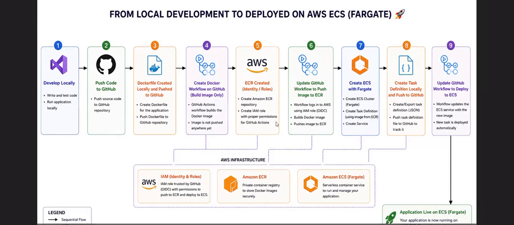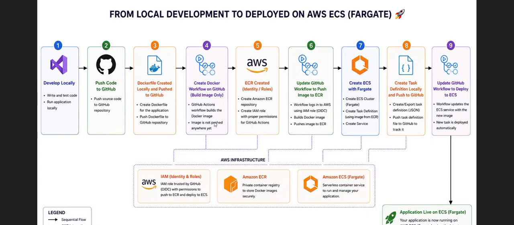Hello everyone. In this video, we are going to see how to integrate CI/CD into .NET Web API using GitHub and AWS. I have divided it into 9 steps. First, we will create a very basic .NET Web API, push that to GitHub, and then we create a Docker file and push that to GitHub, where we create a GitHub workflow to use this Docker and create a Docker